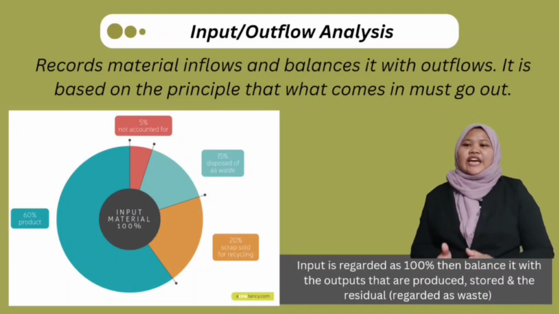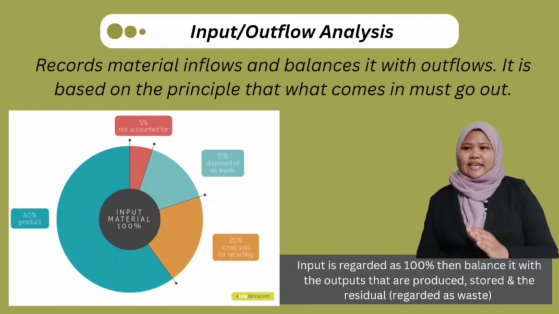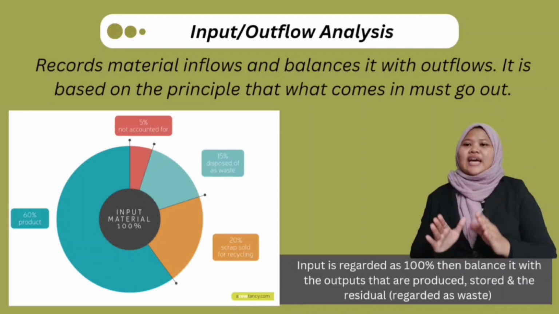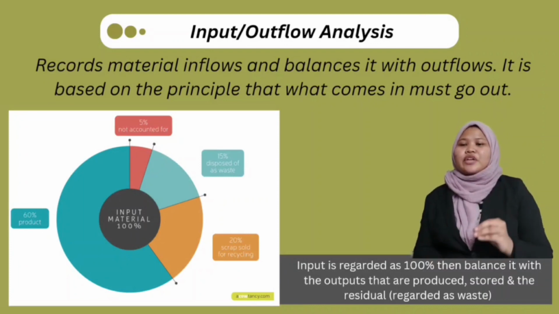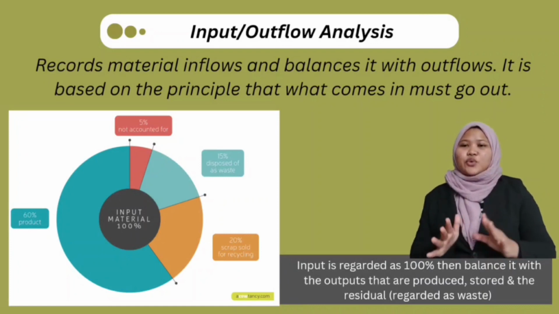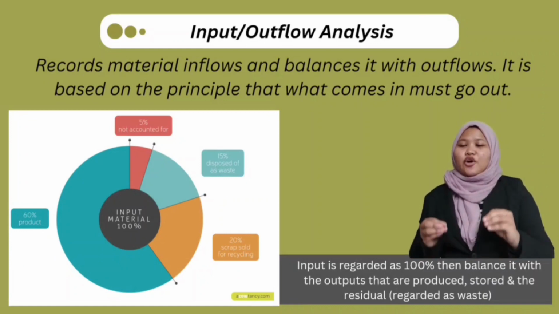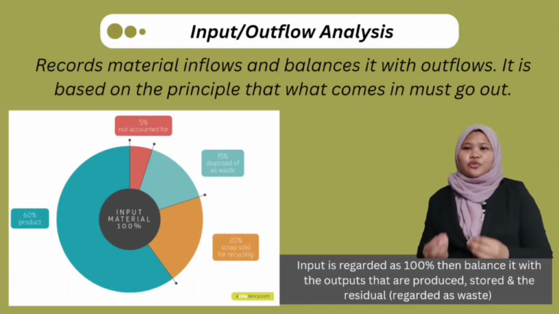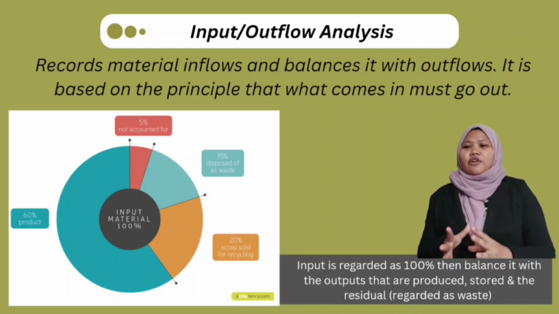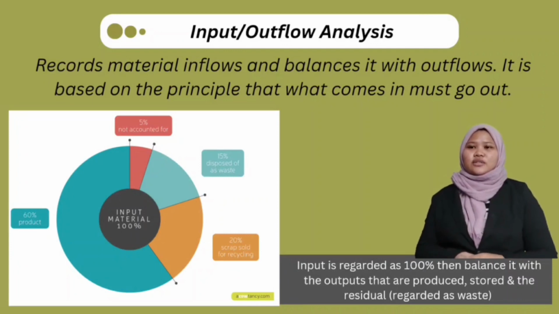For example, let's say 100 kg of materials are bought and 80 kg of them have been produced, therefore 20 kg will be considered as residual value that can be sold as scrap or disposed of as waste. By doing this, the company can put a limit on the waste and optimize the usage of the useful materials. Both in terms of physical quantities and monetary terms, the business can focus on the environmental cost.